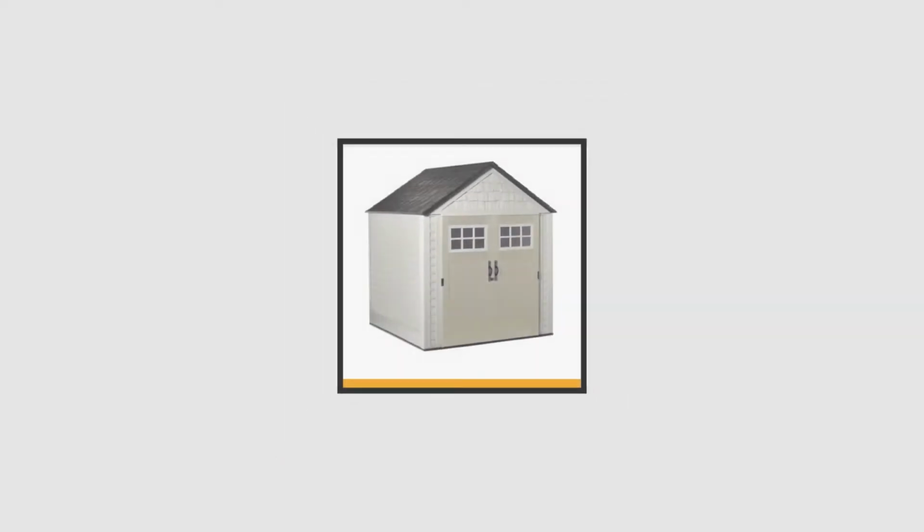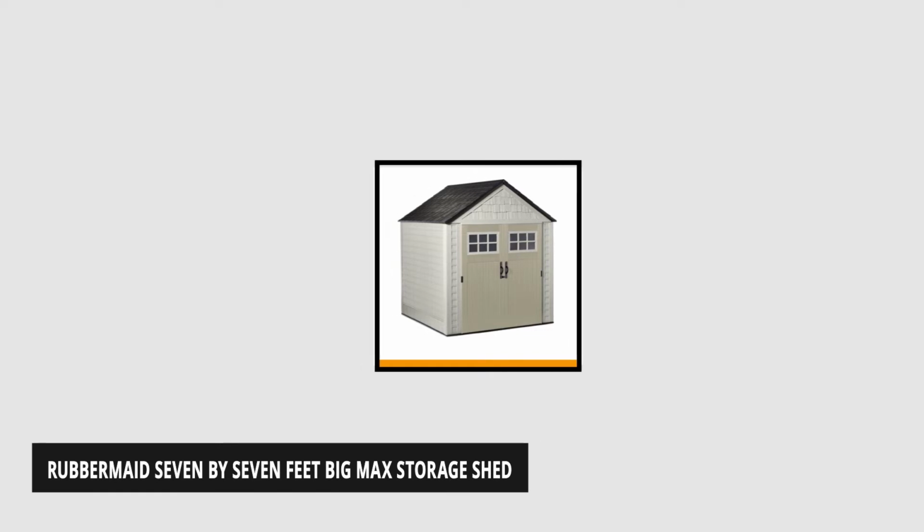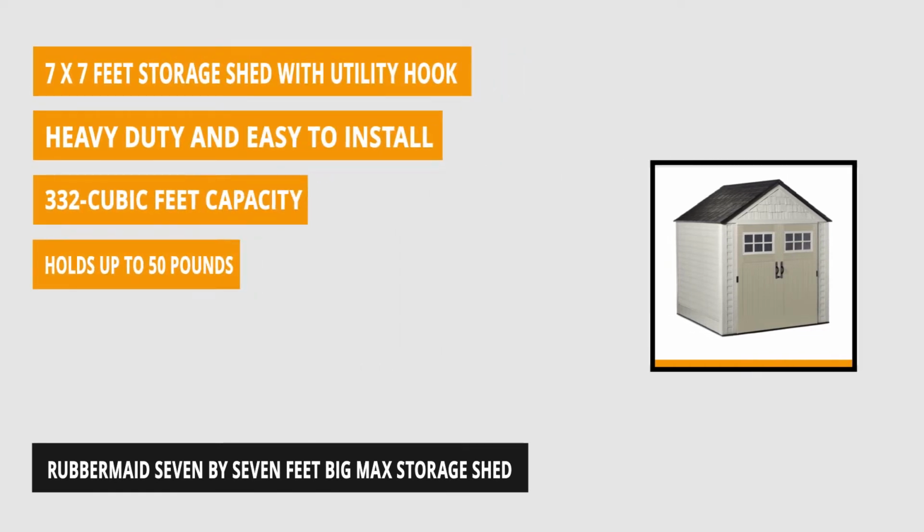At number 2 is the Rubbermaid 7x7 foot Big Max Storage Tool Shed and Sports Rack. This stylish storage shed mixes well with your outside space and is great for storing lawn mowers and other lawn and garden tools. It comes with dimensions of 100 inches long by 81 inches wide and 81 inches tall, plus